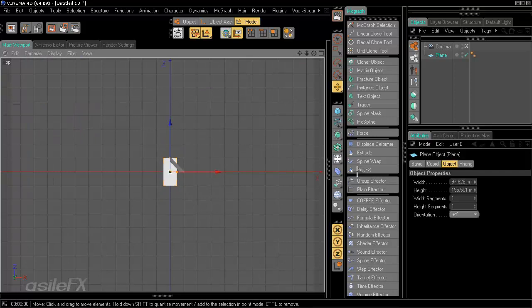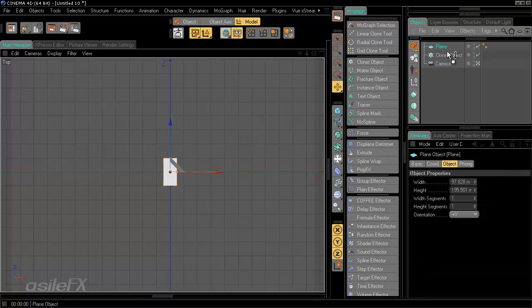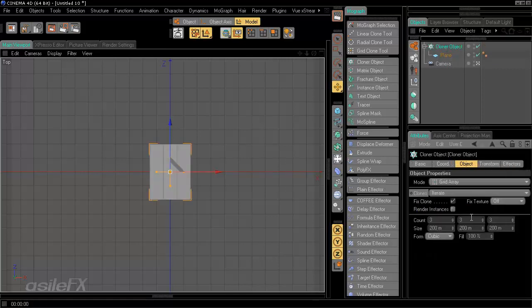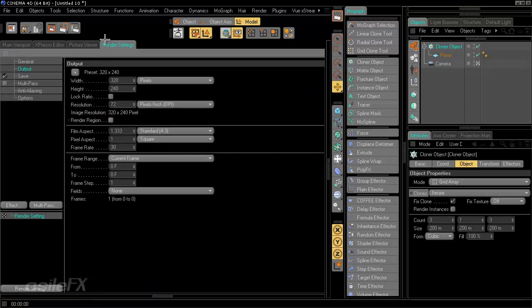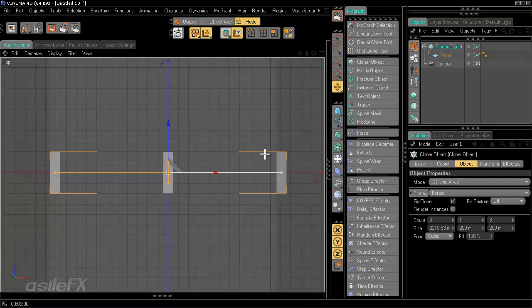and then we can just size this to be about the size of a window. Add in a cloner object from the MoGraph menu, add the plane to this cloner, switch it over to the grid array, one clone on the Y. And then I'm also going to switch over to my render setting output and change the width to 1000 and the height to 1000. We can go back and just position these